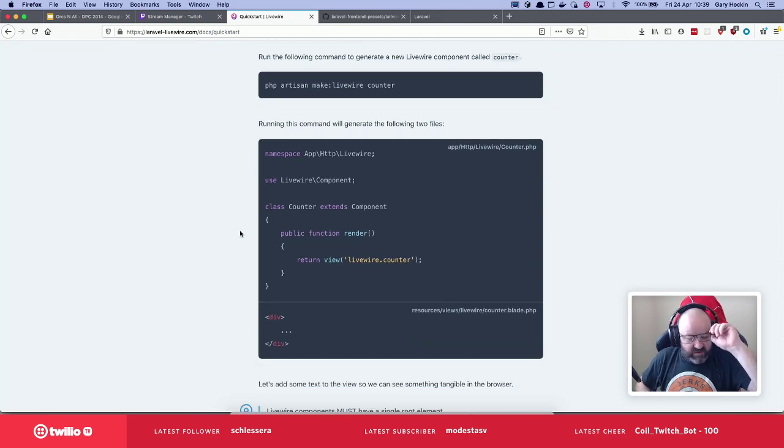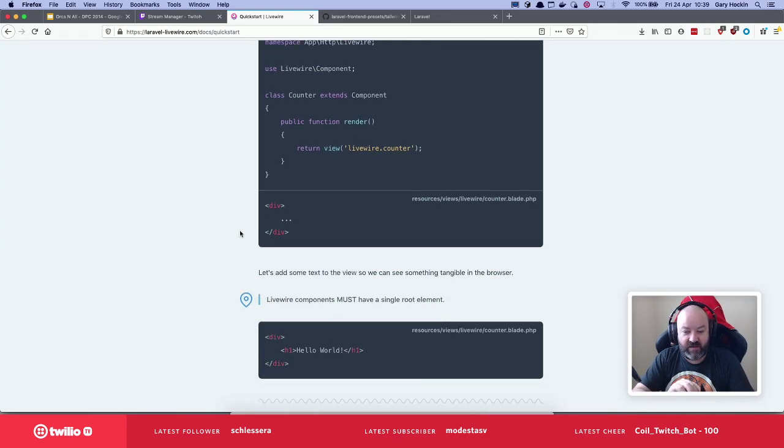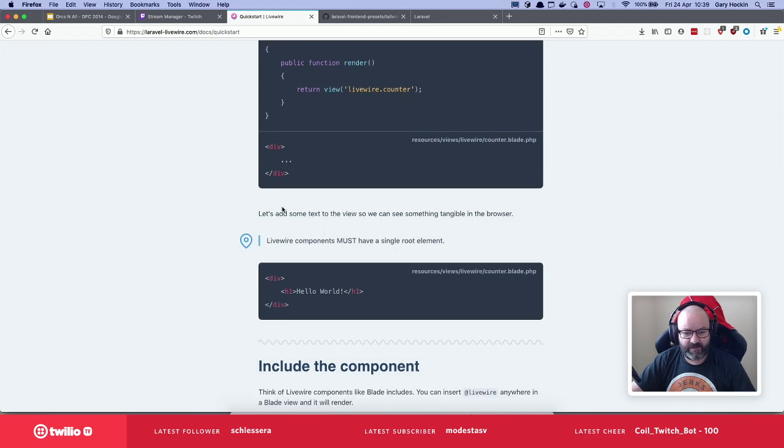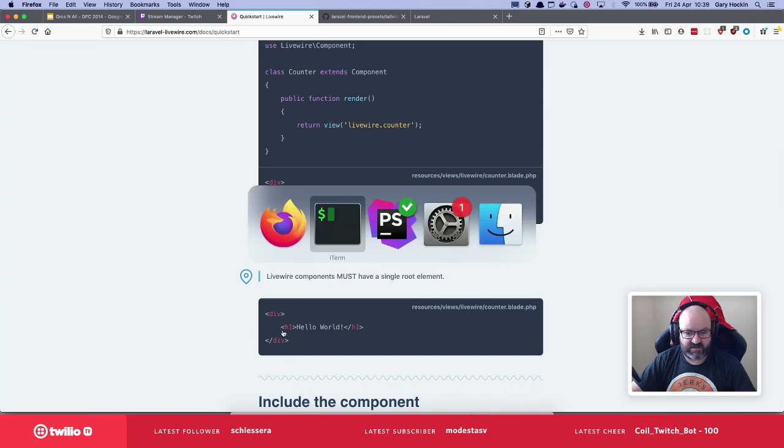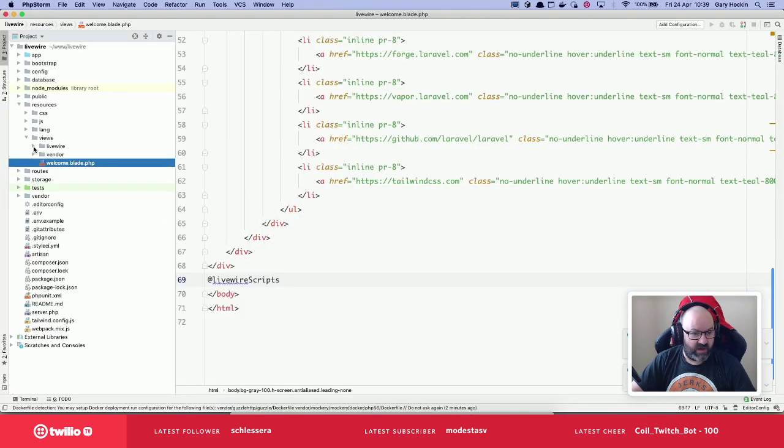Running this command will generate the following two files. My glasses are stinking. Okay, so we get app/Http/Livewire/Counter.php. So that's the controller, as I would say, and then a blade file. So the controller and the blade file are inexplicably linked in this instance. This uses a lot of magic to infer where things are and how they should work, which is obviously a little scary for me. So we just want to update the component to render something, right? So if we go to Livewire,